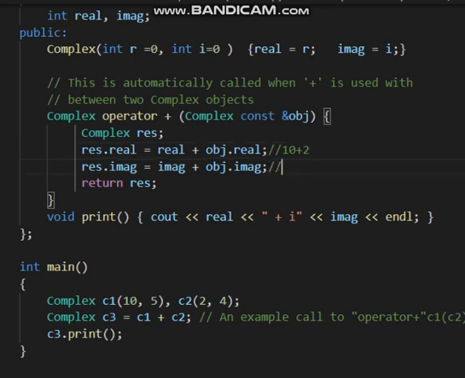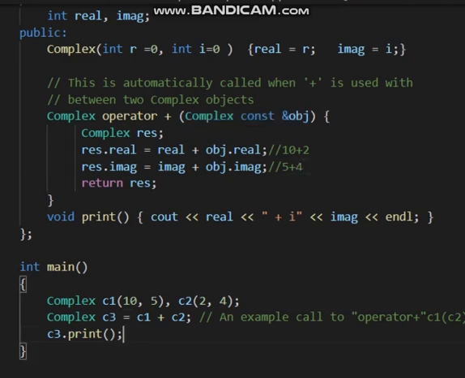Similarly, the imaginary part from c1 is already 5, and the imaginary part from c2 is 4 because c2 is the object passed here. So 5 plus 4.